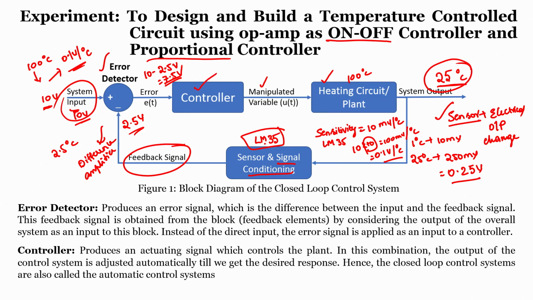Then the controller will give one particular output, which is in terms of voltage. We have to understand whether the heating circuit can take input as voltage or not. So, in order to understand that, we also have to understand the heating circuitry. If I can implement them one by one using operational amplifiers, it is easy for us to understand the complete circuit, and in case we get a problem at some point, we can rectify the problem, then integrate it with the complete system and see the complete operation and controlling of the system.